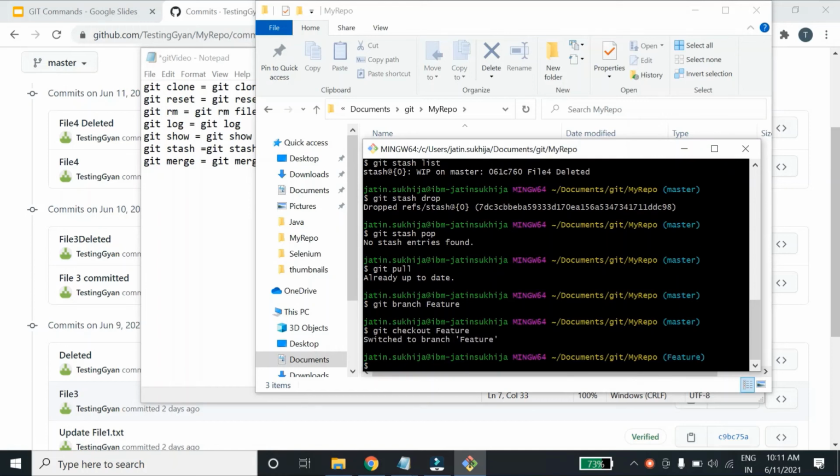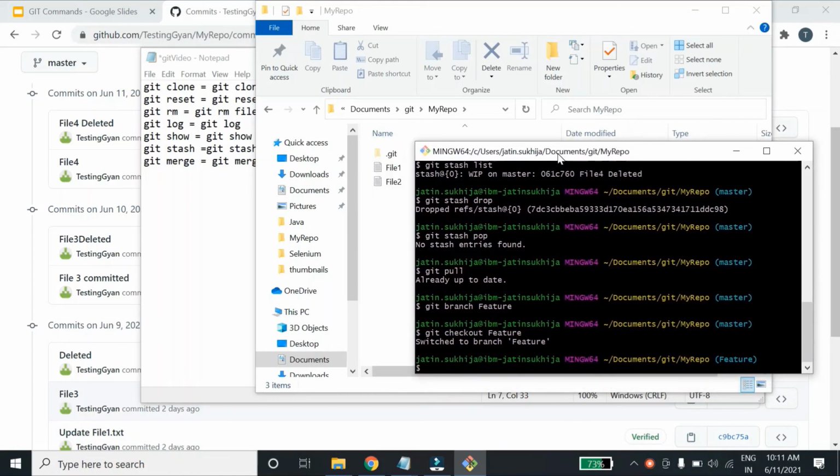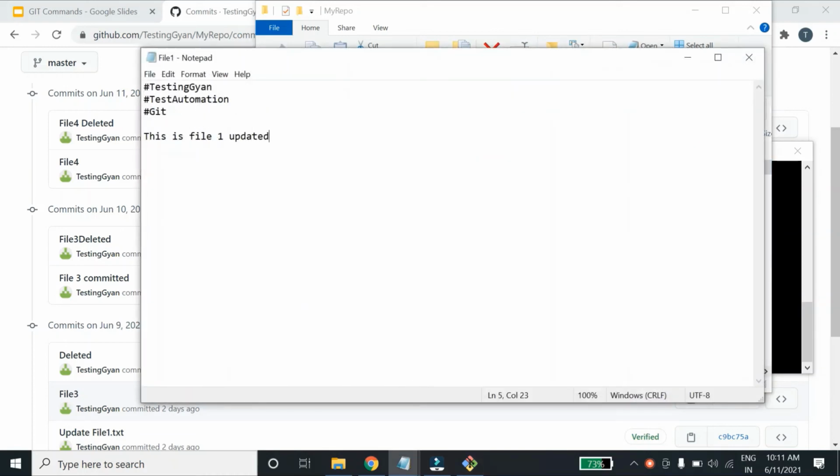So now if you see, I'm on the feature branch. Let's say I have added something here.